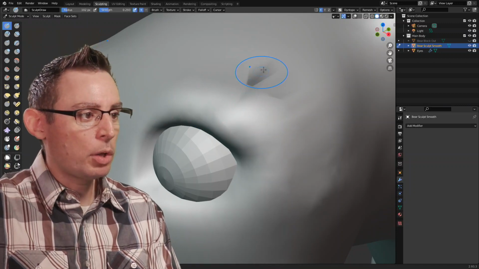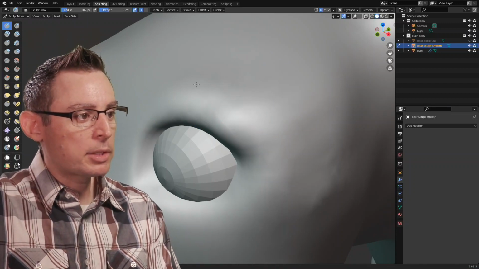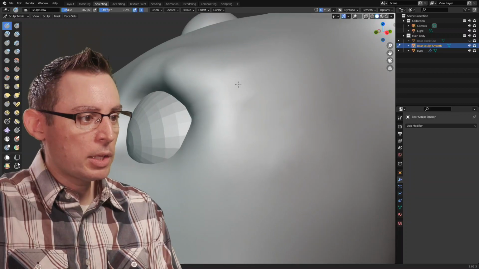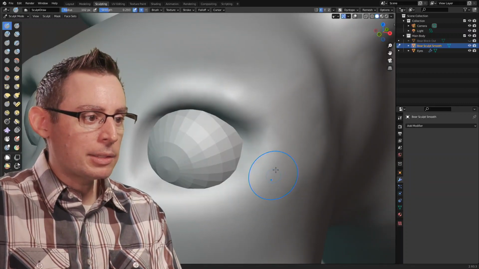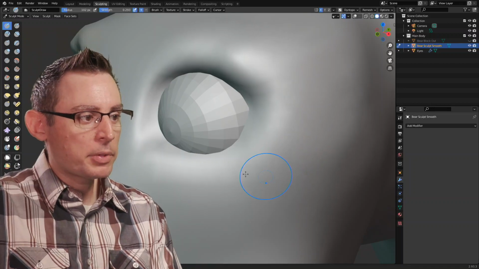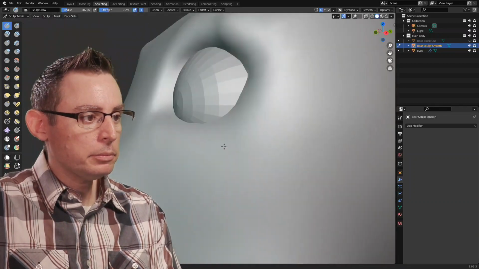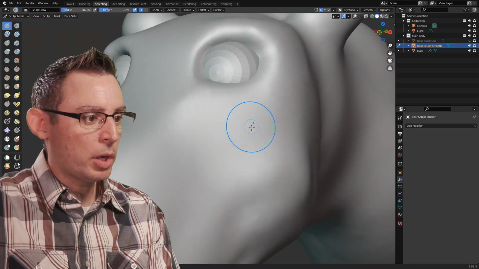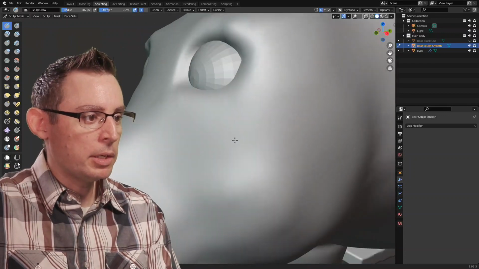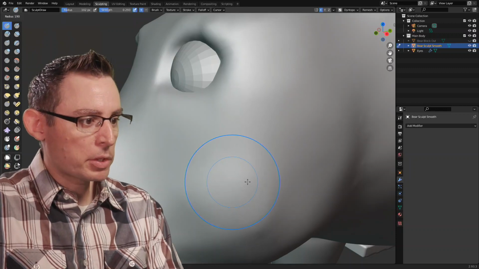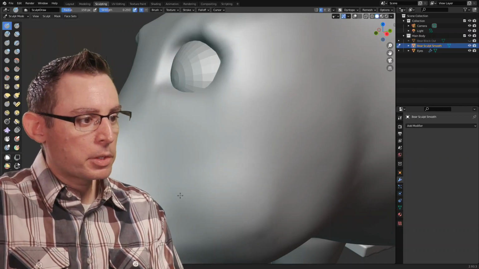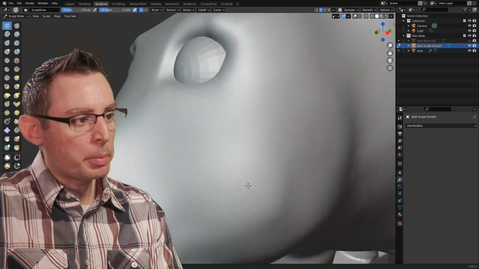I'm in my Sculpt Draw mode, and I'm just going to start smoothing out some of these shapes. Since we have a triangulated mesh now that's a little bit more dense, I'm just going to take a couple seconds here and smooth it out. Still got my symmetry on, so what I do on one side is going to be done on the other. Make my brush a little bit bigger. I'm going to just change the plane of my jaw a little bit here.